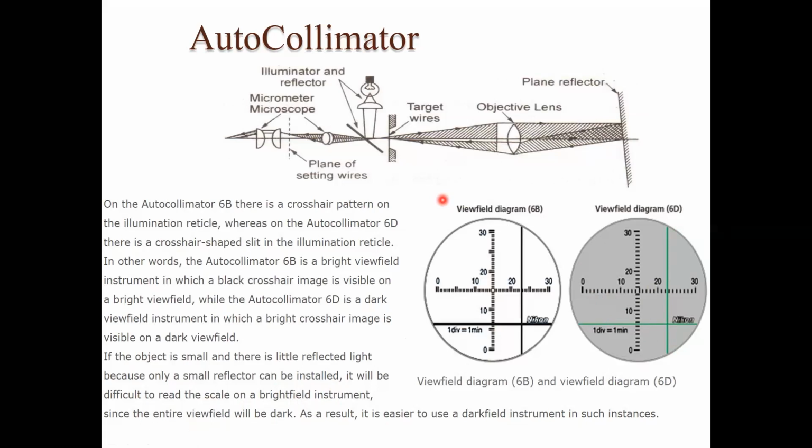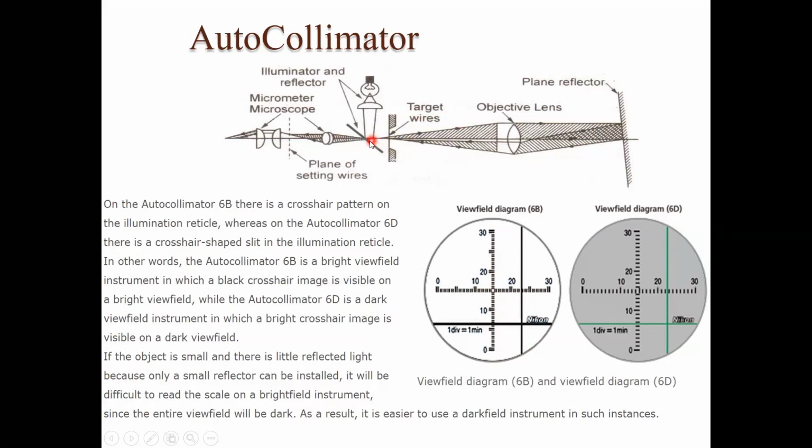We have to measure the distance. Here, one base reference line exists in the microscope view, and these crosswires are the projection. You observe here, the target wires image is directly projected into the microscope view. Observe here, two cross lines are there. One cross line is a standard scale present in the microscope view, and the other cross lines are obtained as the image of the target wires. Target wires are nothing but crosswires, which are placed in the path of the beam.